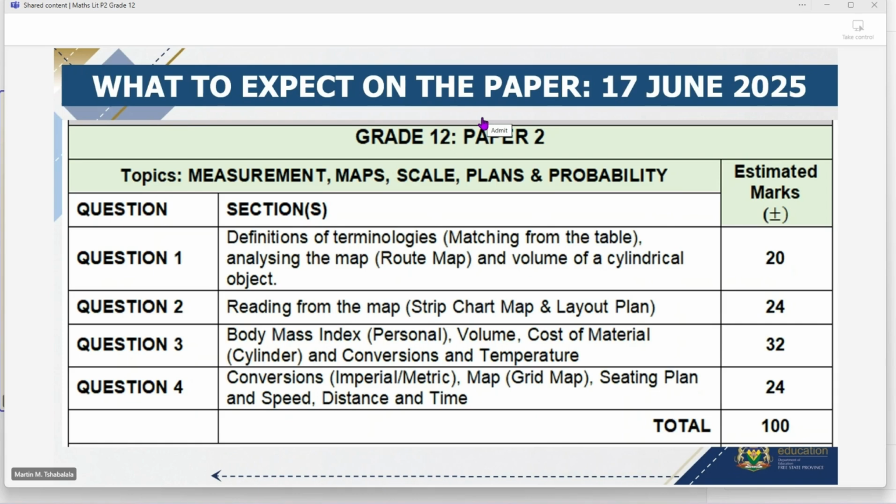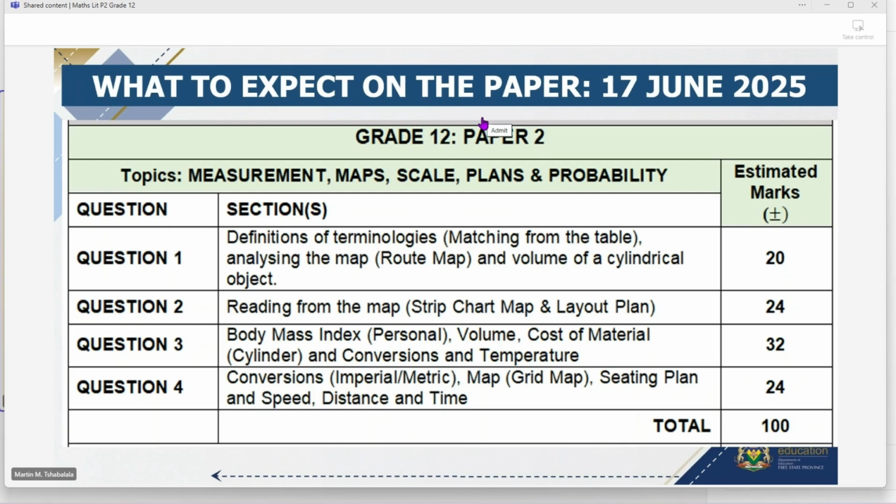And they are not given. We call them the meters, the centimeters, the kilograms, the grams. Those are the metric units, the ones that we are using in South Africa. Those ones will never be given in the question, that 1 centimeter is equal to 10 millimeters or whatever. It must be in your head. On Tuesday, you must come prepared, knowing very well how to move from one unit to another.